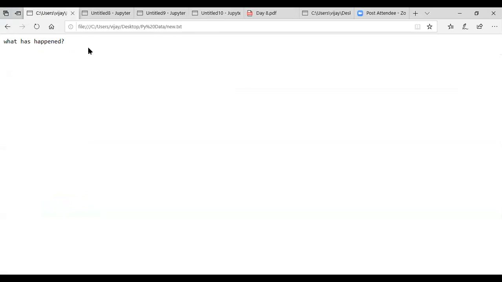That means if you open a file in write mode and it already exists, it will be overwritten. So you have to make sure in which mode you are opening the file. If you want to add the new part at the end of the file, wherever it was ending, you can use append mode.